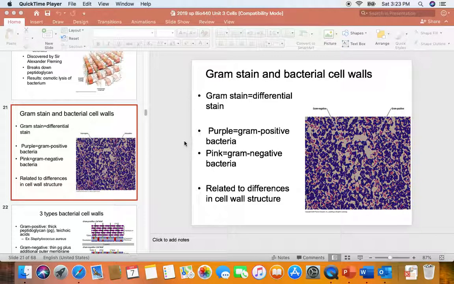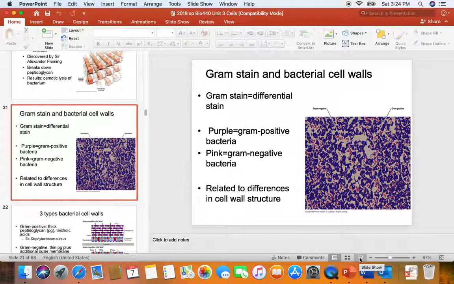Cells, and we're on part 3. You'll recall last time we were describing the peptidoglycan found in the cell walls of bacteria. So in this recording, we're going to look at 3 different types of bacterial cell walls: the gram-positive, gram-negative, and acid-fast cell wall. So we'll first focus on the gram stain and how it lets us distinguish between gram-positive bacteria